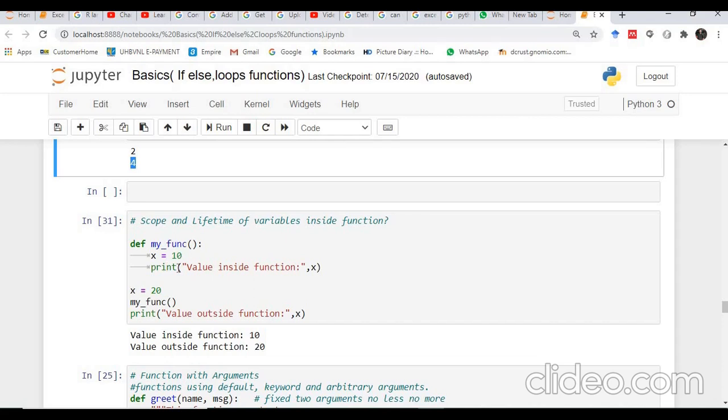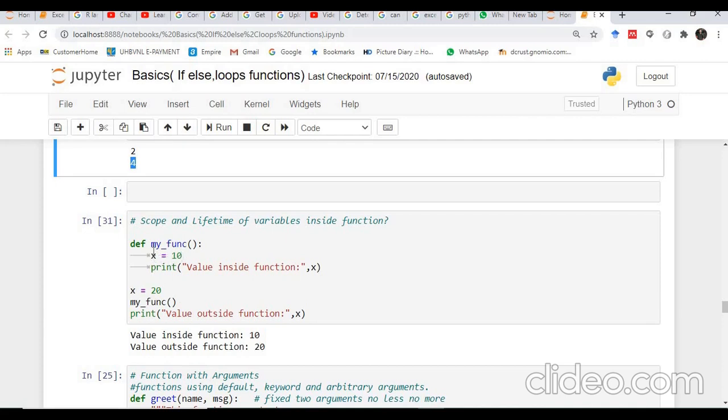So if we consider any local variable inside a function, then the scope of that variable is the body of that function only, meaning that variable is accessible inside that function only. And if we go outside that function, then the value of that variable is lost.